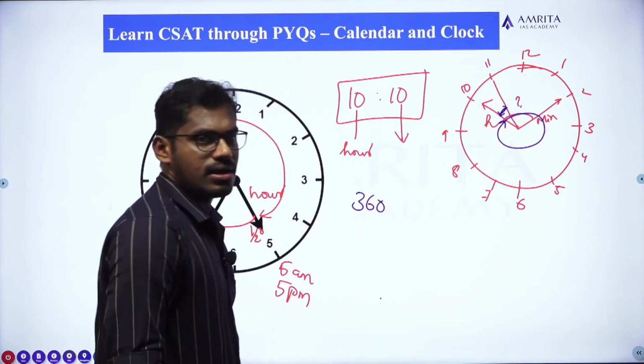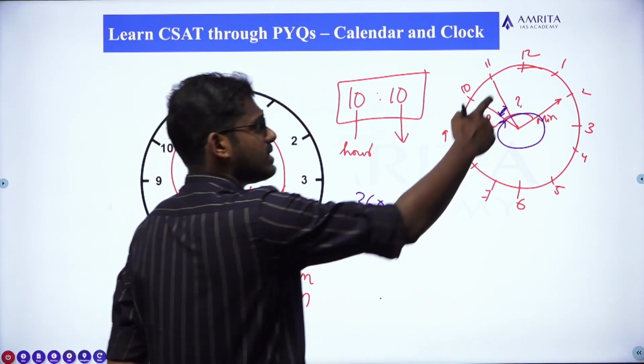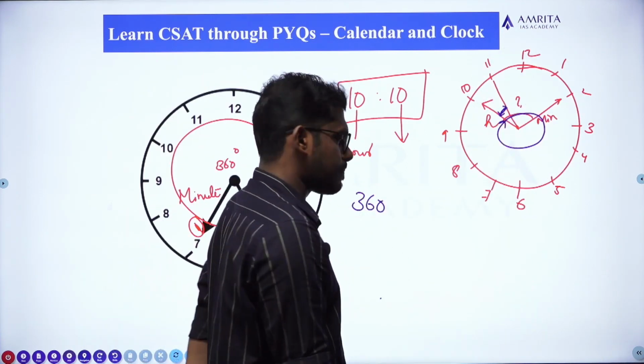How many digits are here? There are 12 digits, or we can say 12 units are there. So